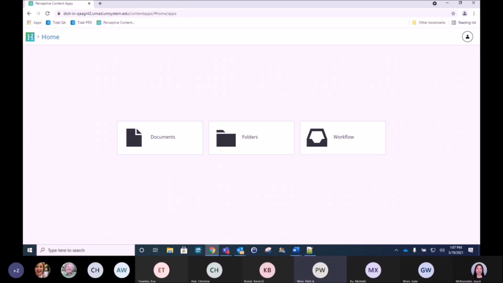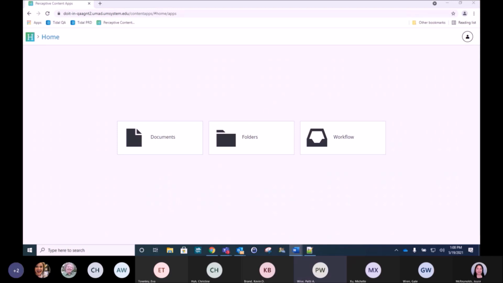Okay, so just a review: to connect to the content apps, you need to either be on the campus network or using a virtual private network, or VPN. For training, we're going to use Chrome, but you could use other browsers except for Internet Explorer. You also need the link, which we provided, and an account, which you all should already have. Everyone's logged in, so you should see three things: